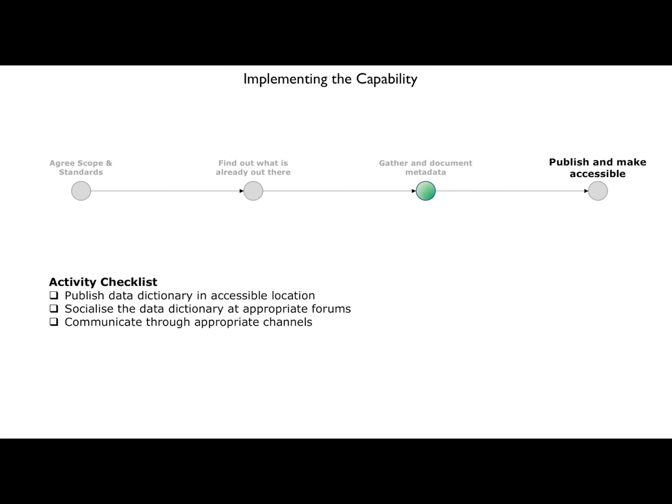Finally, once we've got all that buy-in, we want to look to publish that. It's no good having all this information hidden away on your own desktop. It needs to be somewhere accessible, it needs to be somewhere public, and it needs to be somewhere anybody can start to use it, and more importantly as well, begin to feed back if there are problems. We need to make sure we're continually improving this thing. So don't just think it's once and done, get out there, but be ready to make it better and better